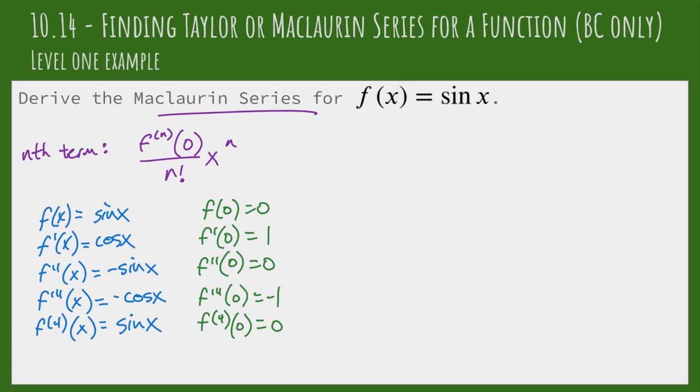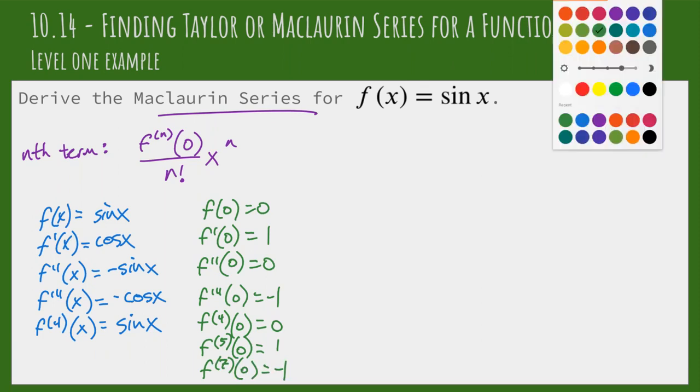And then every other of the remaining ones is going to be a positive 1 and then a negative 1. So the fifth derivative at 0 is positive 1. The seventh derivative at 0 is going to be negative 1, and so on. So this pattern here is going to allow us to establish a pattern for the Maclaurin series